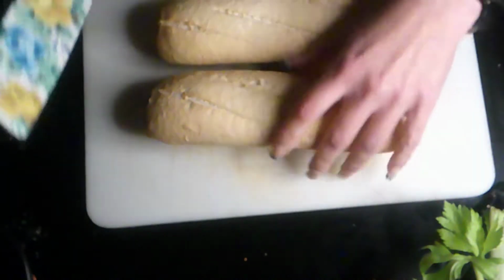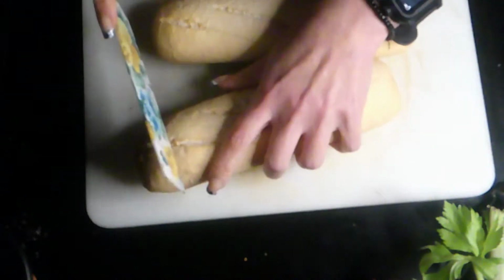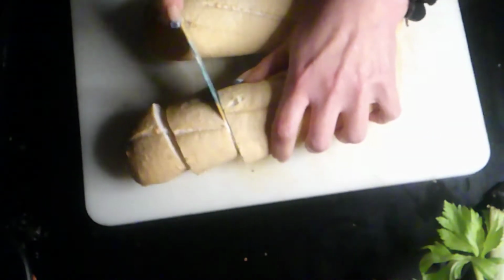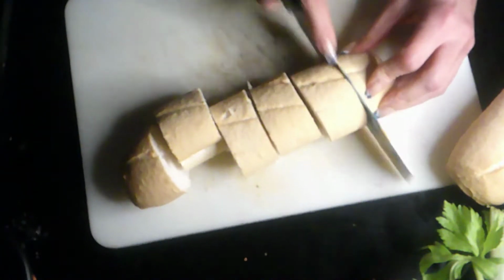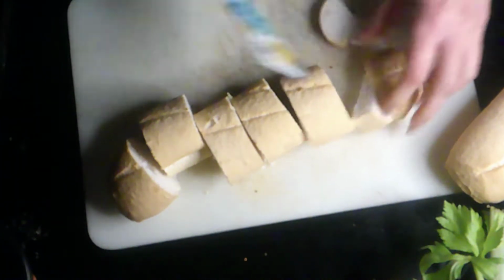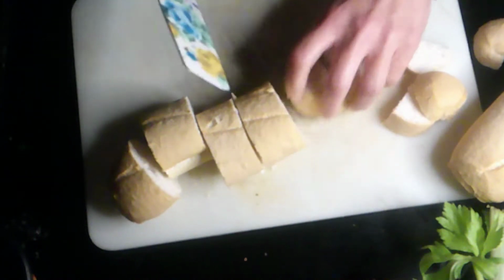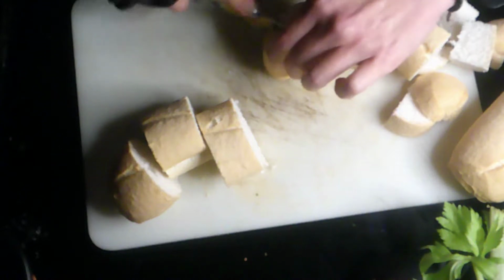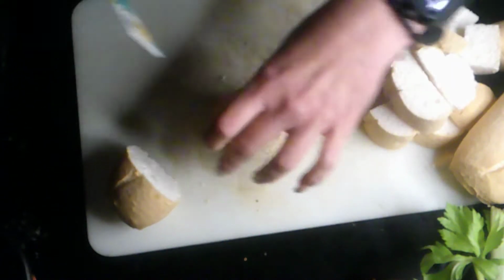I'm going to show you how to prep your bread first. Alright, so I have 2 loaves of bread. I have my oven set at 400 degrees because what we're going to do is chunk this up, and then we're going to cube it, and then we're actually going to toast it. Now, because it's just me and Stuart, and it's really going to be used for the filling of an acorn squash and not a side dish,